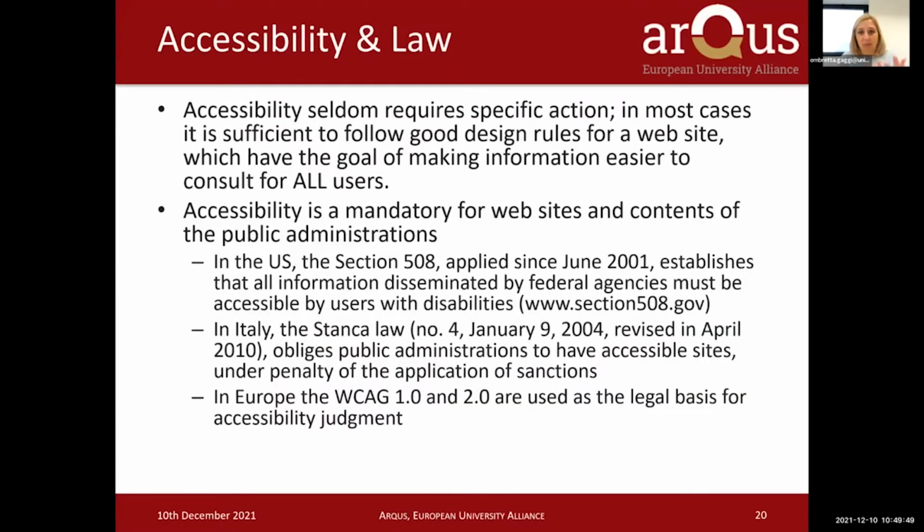Another important point is the law. If you don't want to be compliant with the accessibility rules for ethical reasons, you must be compliant because the law imposes it on you. I do not know all the legislation of every country, but for example, in Europe, the accessibility directive uses the accessibility guidance by W3C, and these are used as the legal basis for all the countries